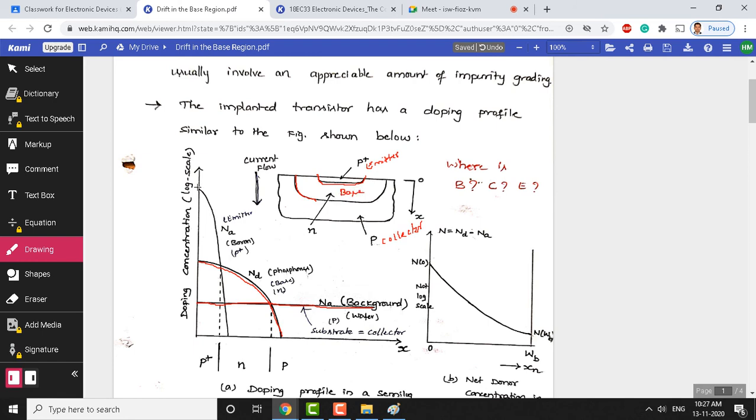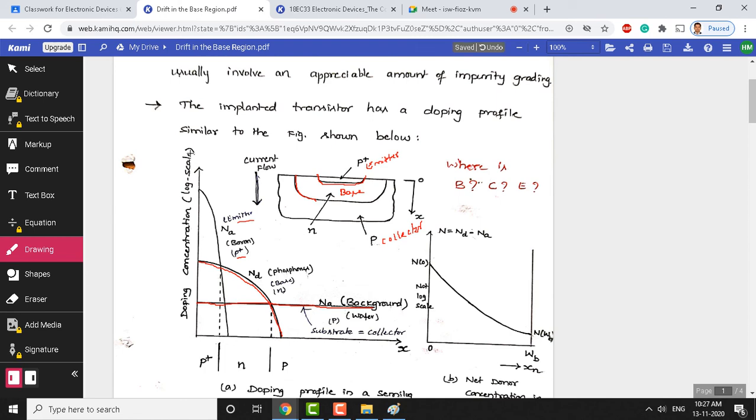And look at another doping profile. We need to make the emitter. We always start with the foundation first. In this case, the foundation is going to be the collector. The background or wafer itself is the foundation. On top of that, if you dope it with phosphorus, it becomes a base. And again, on top of that, if you dope heavily with a boron type of material, which is p plus type, that becomes an emitter here. So, this is the doping profile for the emitter, which is the doping concentration.